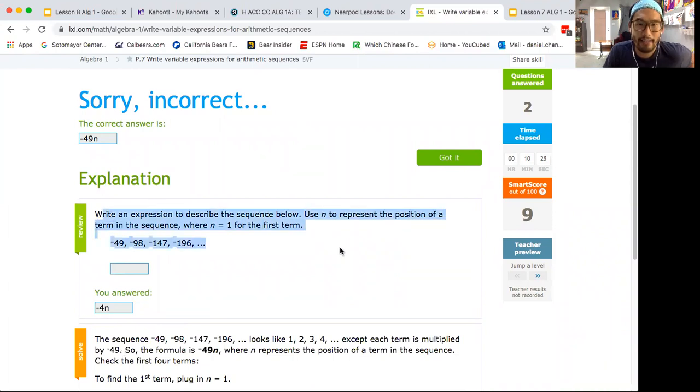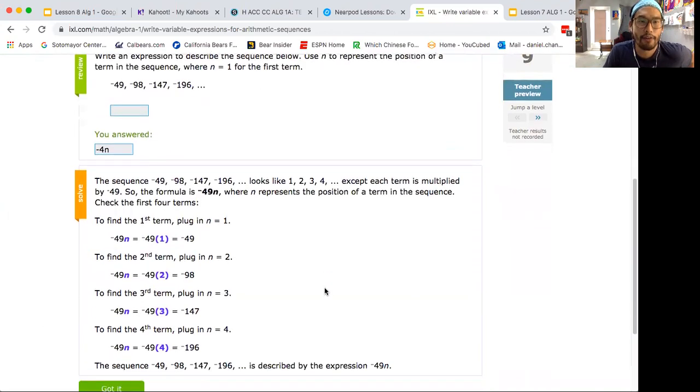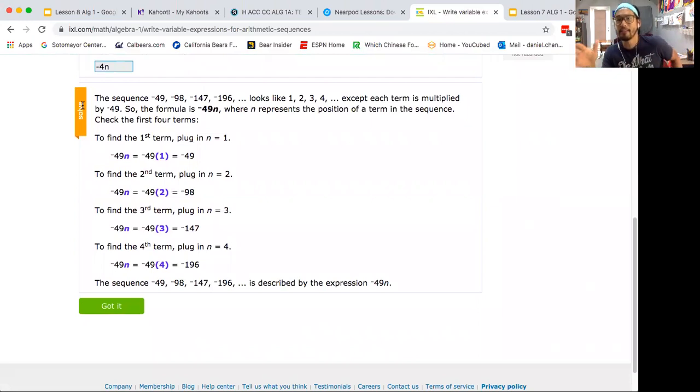I like that I can review this. I like that I further go down and they explain it to me. So one thing I see a lot of people doing on IXL is they get it wrong and they don't read the explanation. They just click forward and want to try another problem. Take your time and read this explanation. It explains to you the sequence, right? And they're showing you the